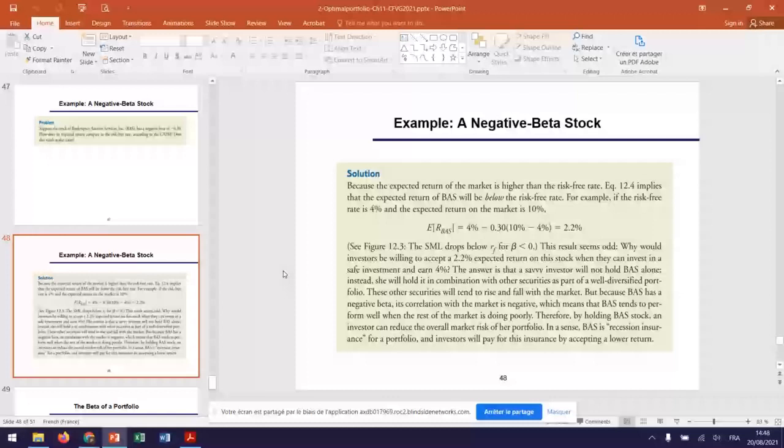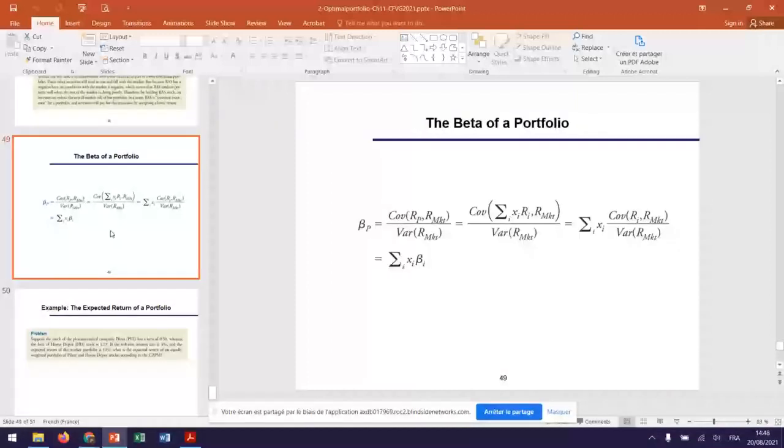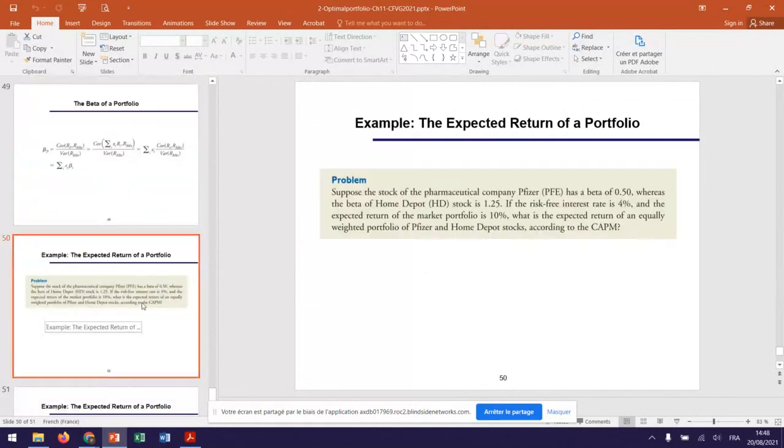All right. So if you have several stocks in your portfolio, you have different betas, beta 1, beta 2, beta 3. You can calculate the beta of the portfolio using the weighted average of your betas. For example, suppose the stock of the pharmaceutical company Pfizer,